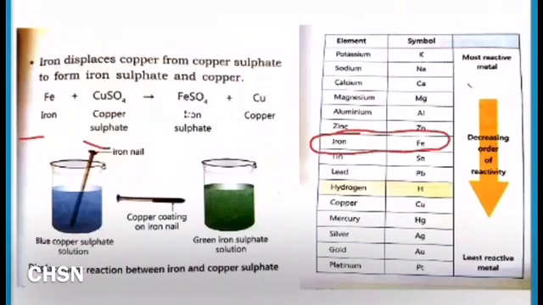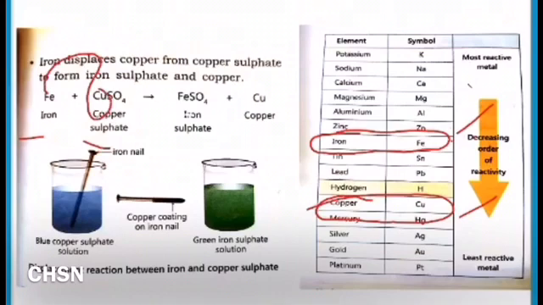Iron here. Where is copper? Here. So if you compare the positions of iron and copper, which is more reactive? Iron. Why? Because iron is above copper. That means iron is more reactive than copper. So if iron is more reactive than copper, that's why iron displaces copper from copper sulfate, and instead of